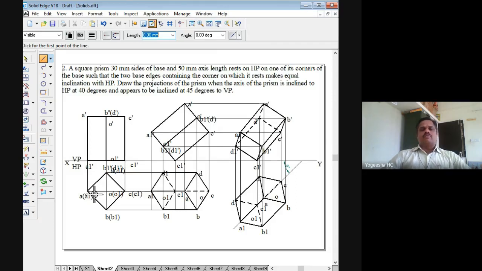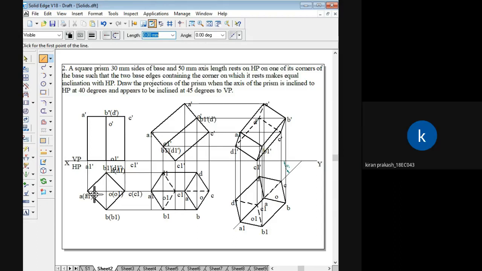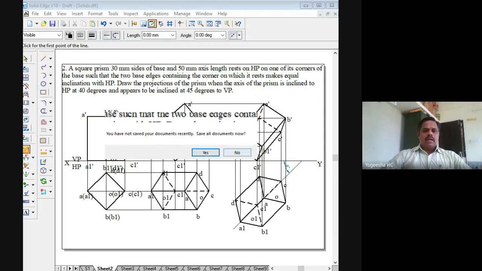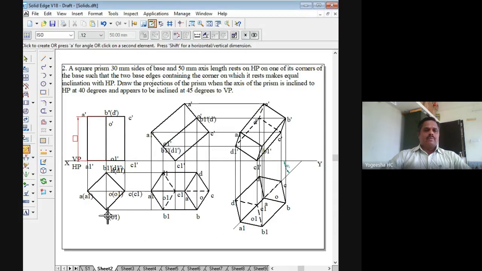If you have to get full 100 out of 100, or say for example it is a 20 mark question, 20 out of 20 means you have to do one more thing. What is that? So mark the measurement, sir. Yeah, very good. Correct. You have to do the dimensioning. So do the dimensioning here. If you are not doing the dimensioning, you will not get full marks. So for getting the full marks, you have to do the dimensioning.